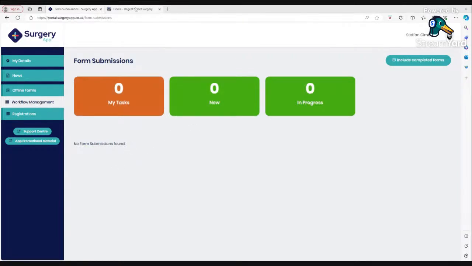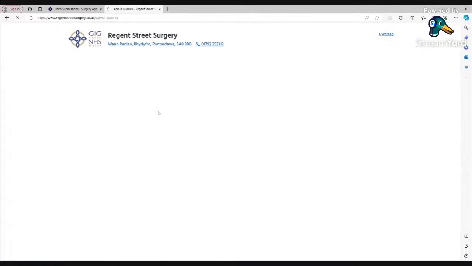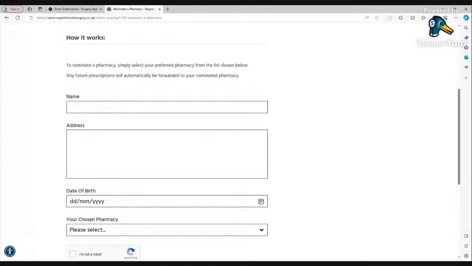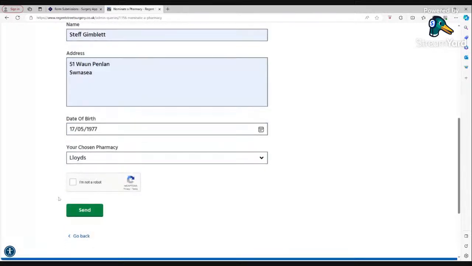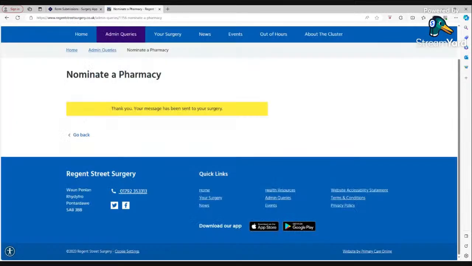So let's now try and submit a form. Let's submit a nice and easy form: Nominated Pharmacy. This is what the patient would see. The patient can select or complete the form. Let's put a date of birth in, and let's choose Lloyd's Pharmacy. Then submit and send, and the patient gets a success message to say the form has been completed and sent successfully